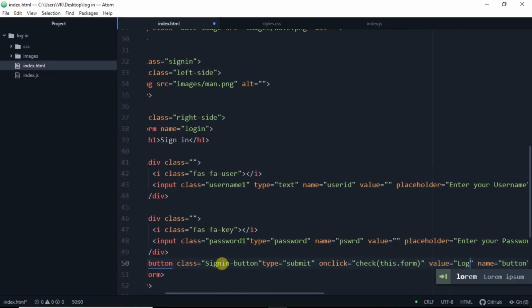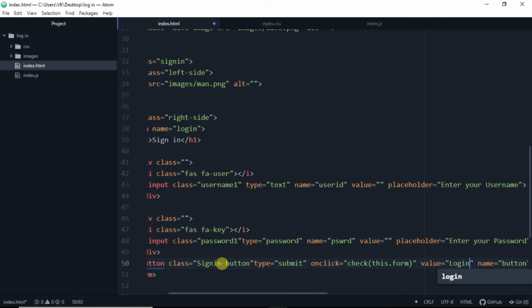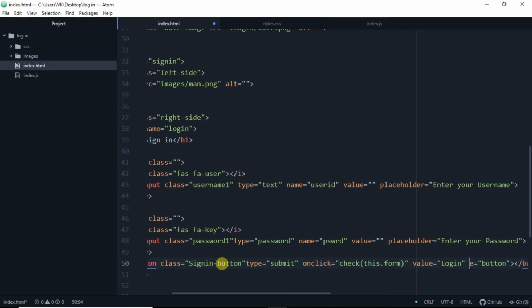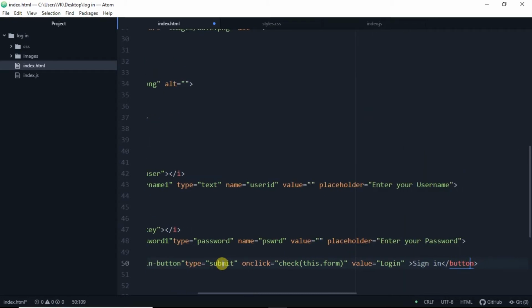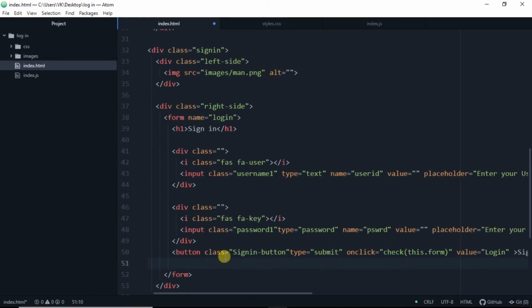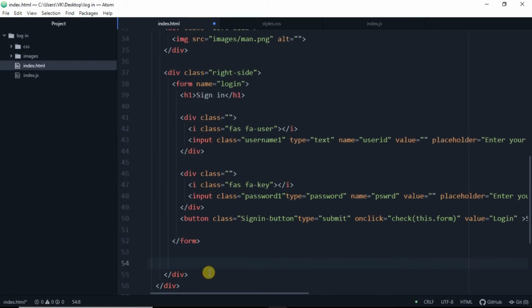The value will be login. Let's keep it login and we'll remove the name. And we'll write inside that a sign in, which will be displayed on our desktop. So we are done with the form.